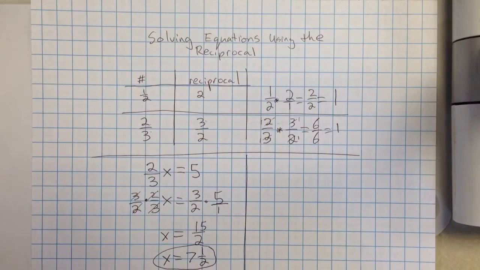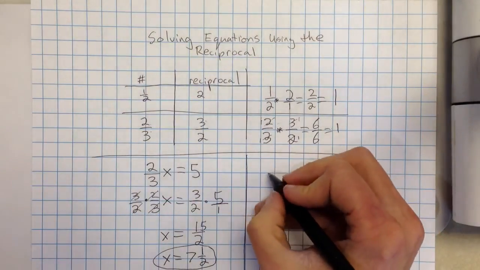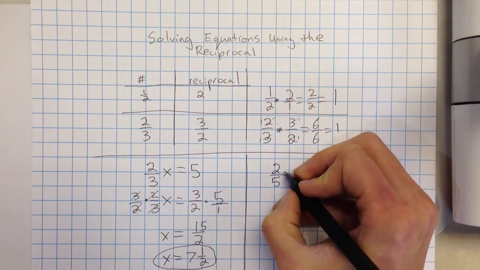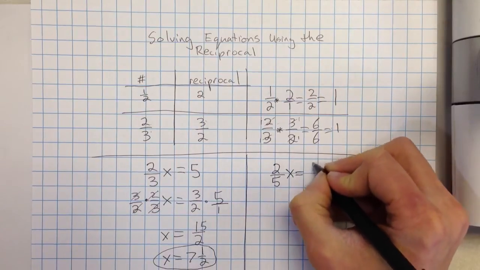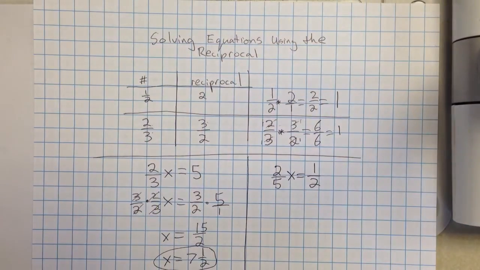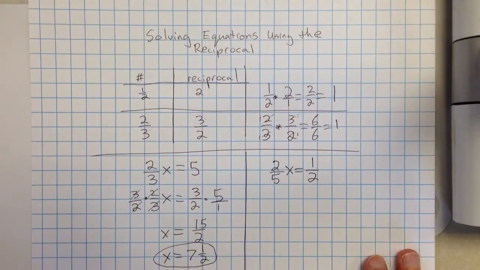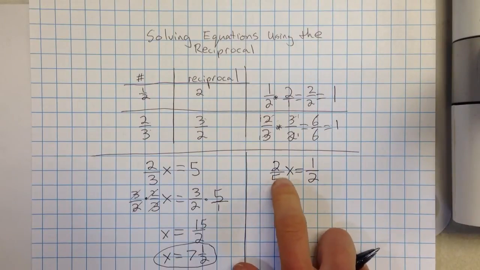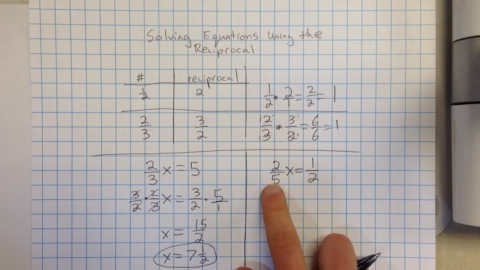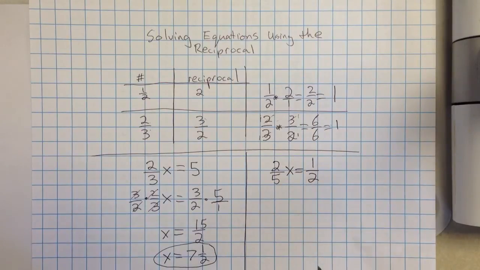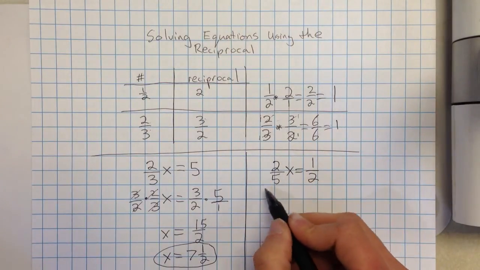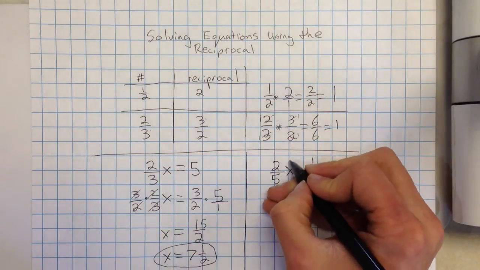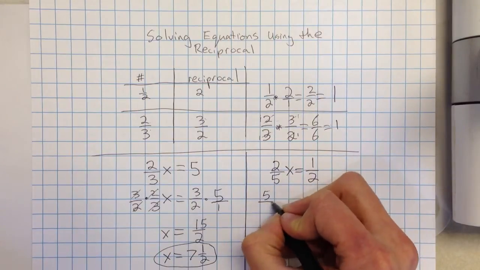Do one more example of this. Let's say I had 2/5 x equals 1/2. Now I'm going to use the reciprocal again to solve this equation. So I'm going to look for which side is my variable on. It's on the left side. It's being multiplied by 2/5. My goal is to get rid of that 2/5, isolate the variable. So I'm going to have to multiply by something to get rid of it. Now, if I multiply by the reciprocal of 2/5, which I just flip the numerator and denominator, so 5/2